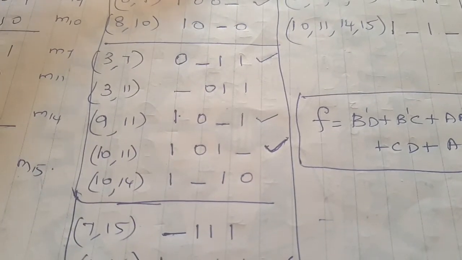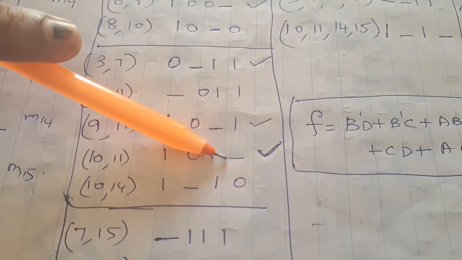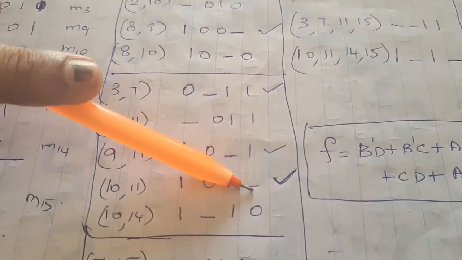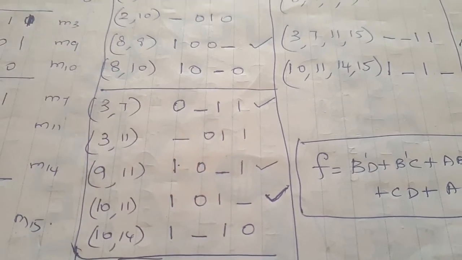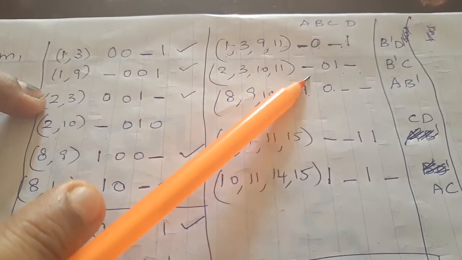Now again find out whether any one is there in the last bit. There you have 10 comma 11. A hyphen is there in the last, a dash is there in the last. So take now 2 comma 3 and 10 comma 11. Write down 2 comma 3, 10 comma 11.